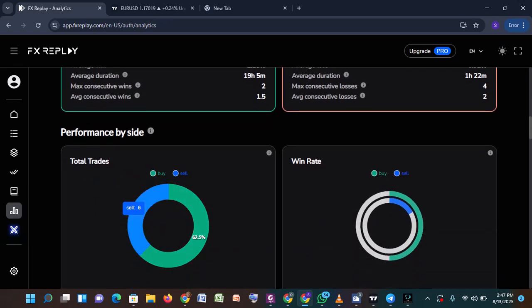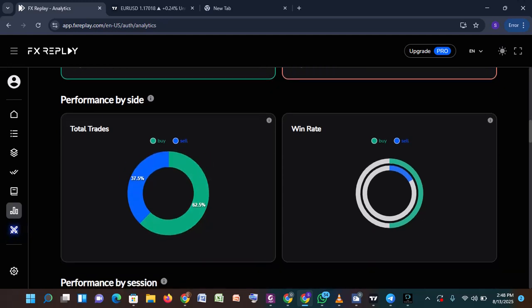I bought, sell 6 trades, right? No, I think the blue is for sell. So I sold a total of 6 trades, right? Out of my 16 trades, I sold 6 and the return is 30, and it takes 37.5% part in all of my total trades. And you can see the buy trade, right? I bought about 62% of the time, I sold about 37% of the time.